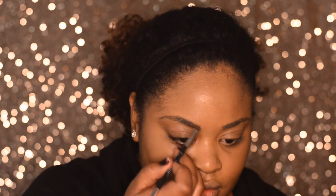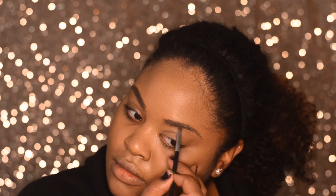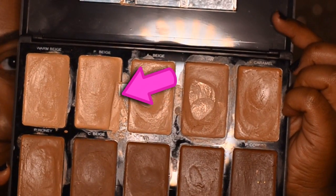After my foundation, I go in and fill in my brows. I'm not going in depth here, but you could check the description box below for a link to my most recent brow routine. So now we are going to highlight, and I'm going to be using my Sasha Cosmetics concealer